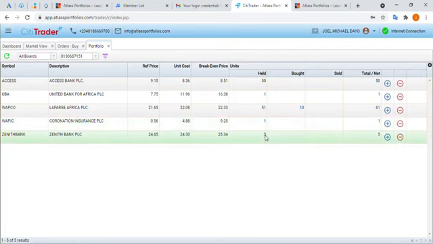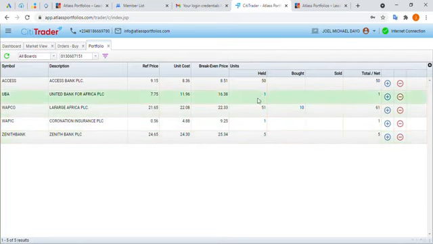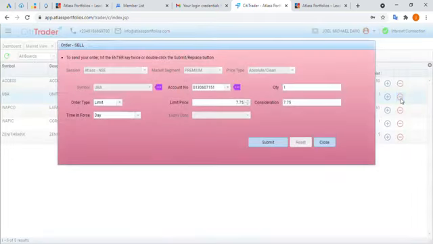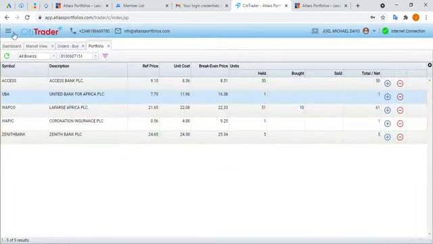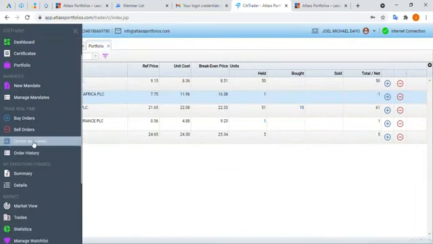I want to sell my UBA shares, for example. As you can see, I have 1. So all I need to do here is click on this minus button. As you can see, click to sell. As soon as I click on it, it takes me to the sell interface. The good thing about Cititrader is you can carry out the same tasks in different ways. If I don't want to sell here, I can come to the menu button and I click on sell order,